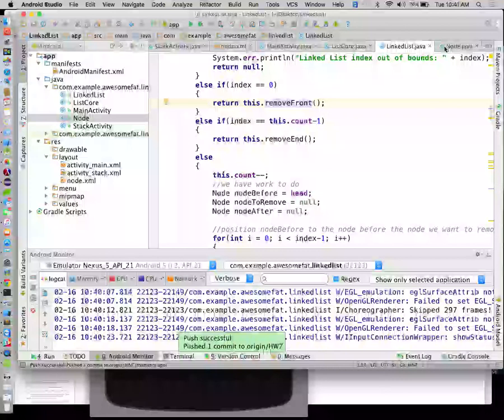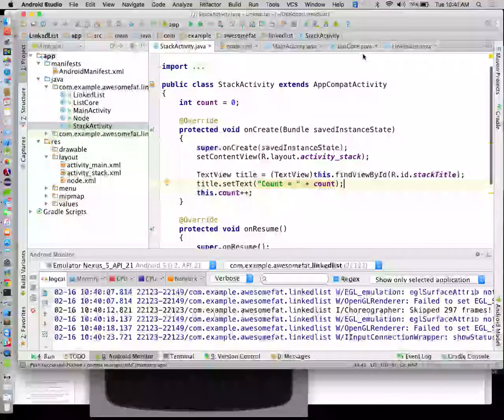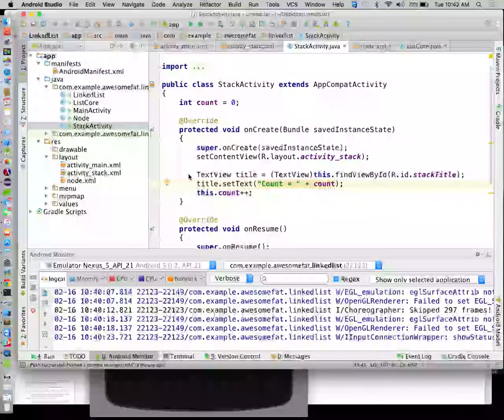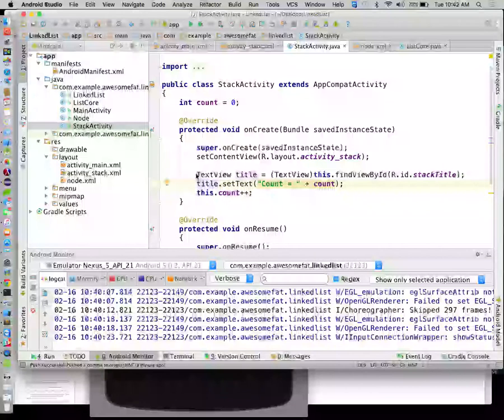All right, so now we want to start looking at our stack activity here. We're going to have a couple of things we're going to be working with here. So inside of our stack activity, let's go ahead and close our linked list. We can close the R.java, close node for right now, close main activity for right now. Okay, so let's see, on this screen, in fact, actually, since we have multiple,